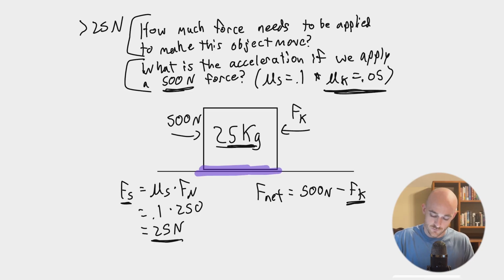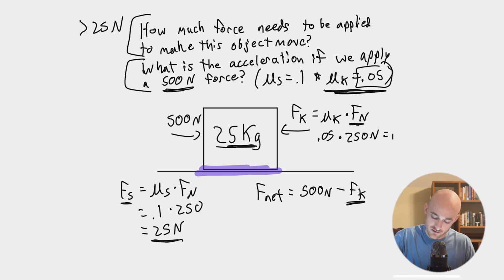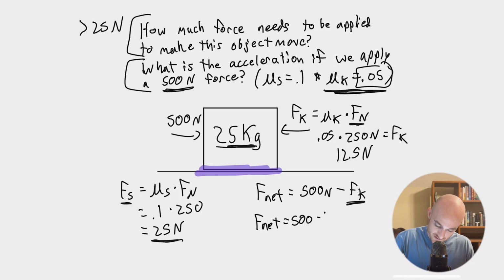So we need to calculate that friction force. The friction force, what we talked about earlier, is equal to the kinetic friction coefficient times the normal force. We already calculated the normal force when we did the static friction calculation, and we can just plug in 250 newtons for that. Then we need to multiply that by 0.05 to get our kinetic friction. 0.05 times 250 is equal to 12.5. That makes our kinetic friction 12.5 newtons. Our net force then becomes 500 minus 12.5, giving us a final value of